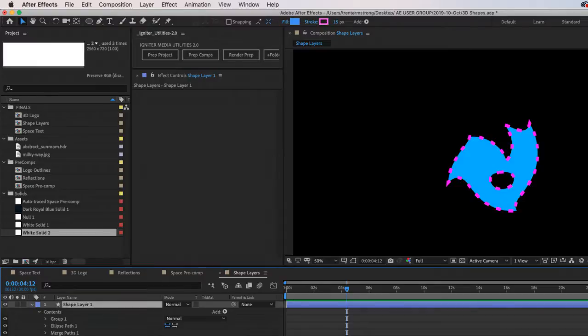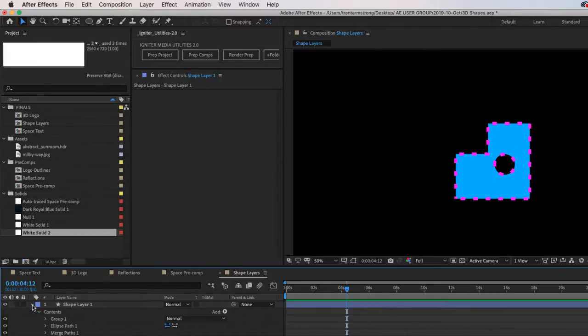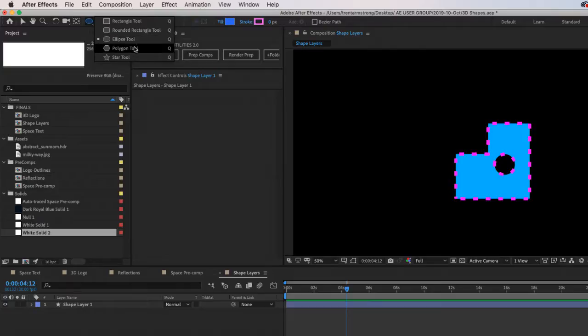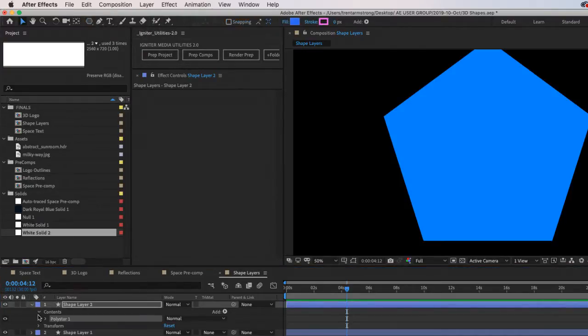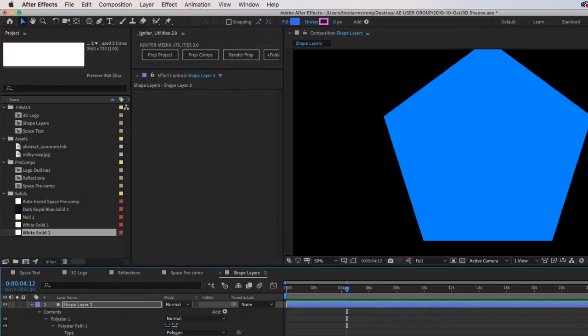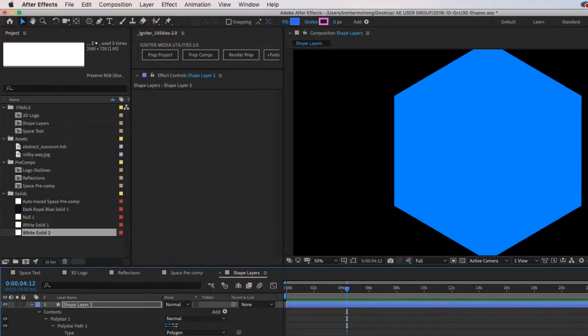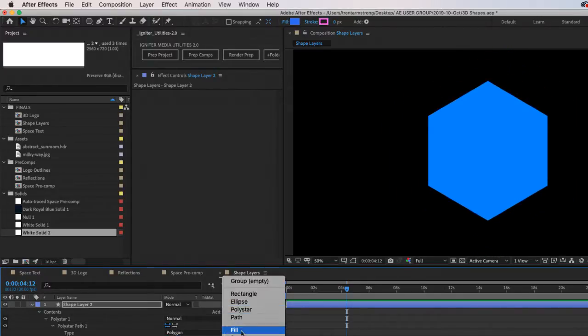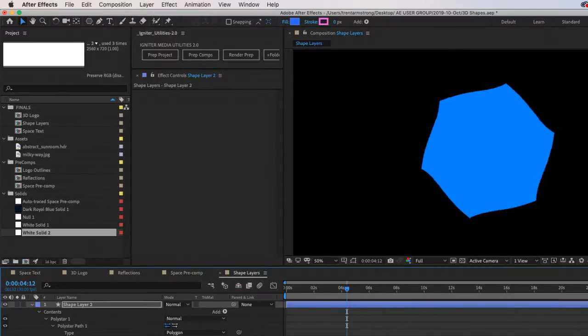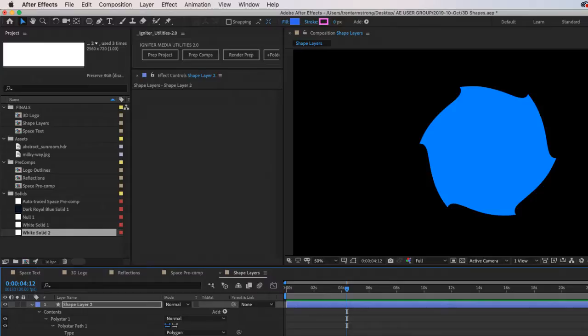And so something that's kind of cool is, let's try a polygon here. And we can add a twist. Start to get some cool shapes like that.